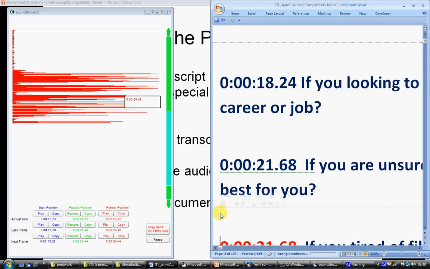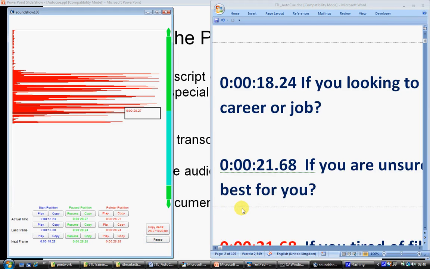If you're looking to change your career or job, if you're unsure about what's best for you, if you're tired of filling out application forms and attending interviews,